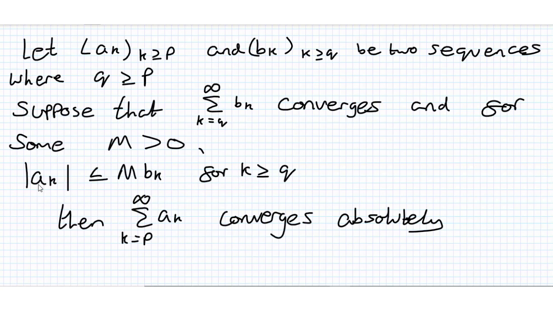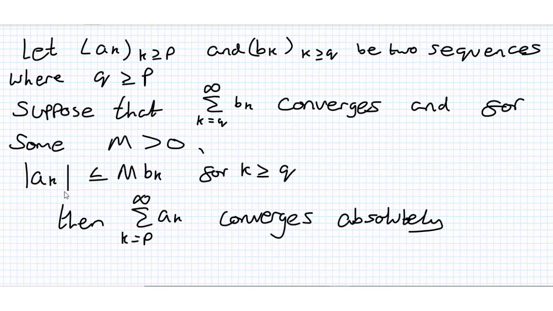So if the modulus of AK is less than some constant multiple of BK, because a constant multiple of a convergent series also converges, we can just take that out. And if BK converges, it converges to a real number, so we've got a real number times a real number, that's still a real number. Of course that's just some sort of verbal explanation. It's not a strictly mathematical well-formed argument, but the point is just to try to get your head around this